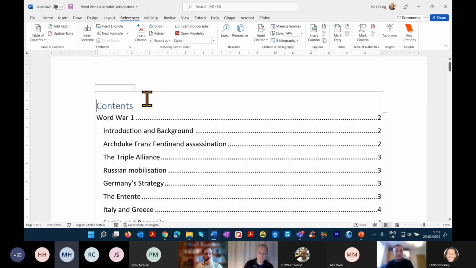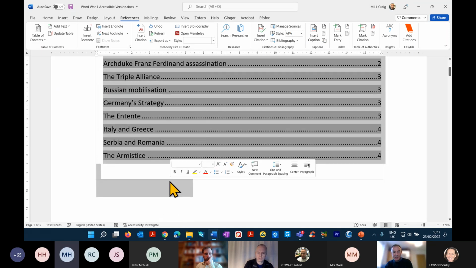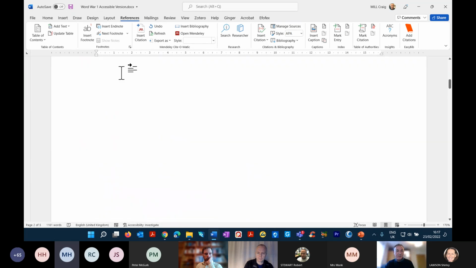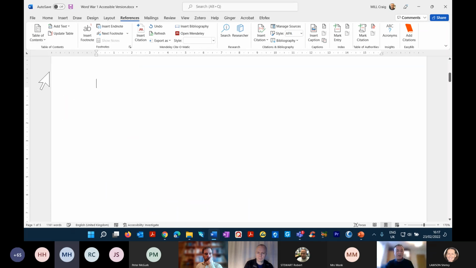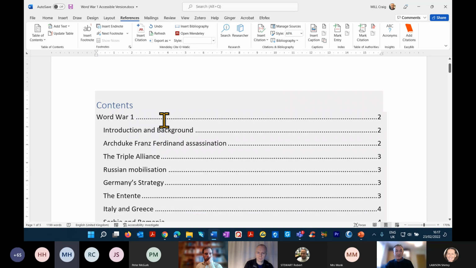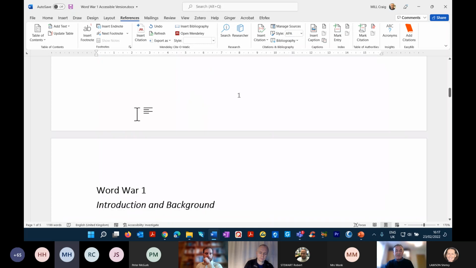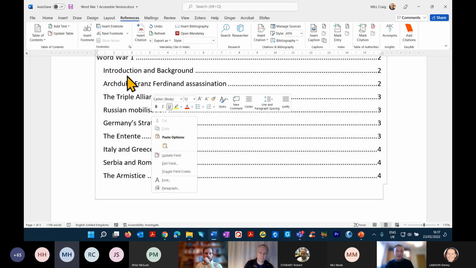So let's delete that one again. Delete all that text, delete everything there, and go back to the top of my document. I want it to go here, table of contents. I'm just going to use the built-in one, and there it is. So now I've got that. I can just click to go to wherever I want. And if I change the page numbers in the document and things move, it's really quite easy because I can